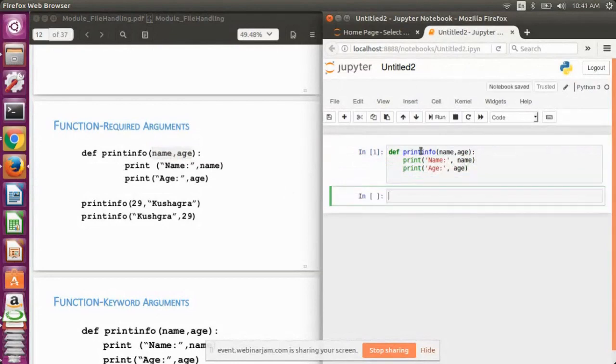Suppose this is a definition of a function. Now let's call this function